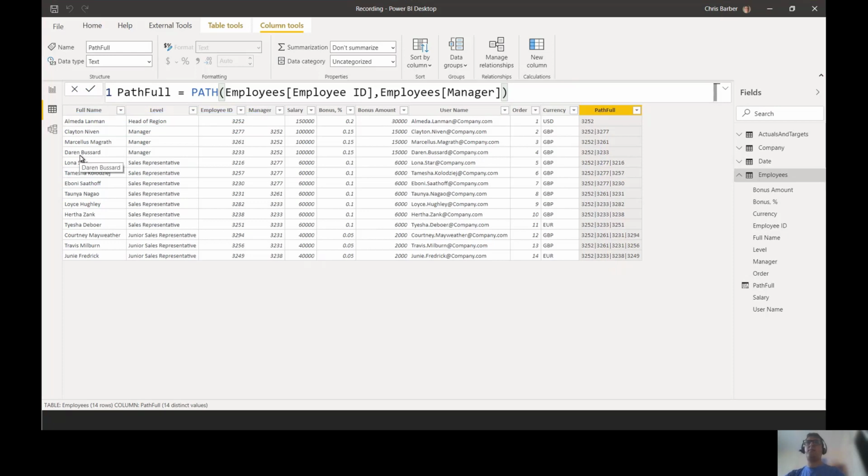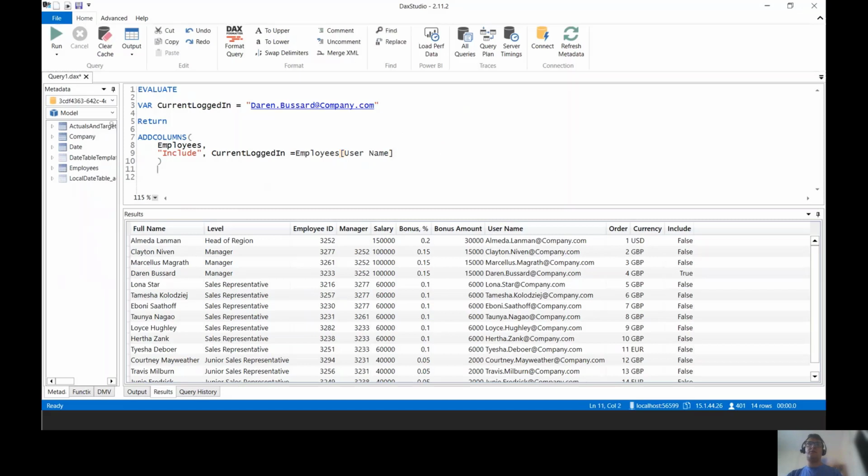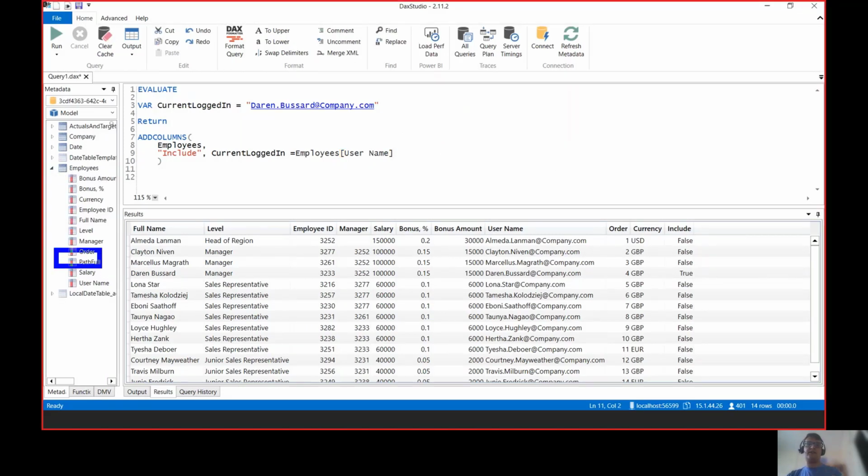Okay, so using that full path, let's go back to our DAX Studio and create that true or false column. What you'll hopefully have noticed is that DAX Studio, because it's connected to our Power BI model, has already identified and added that path full into our data. And what we're going to do now is